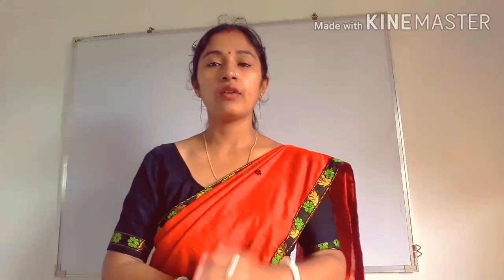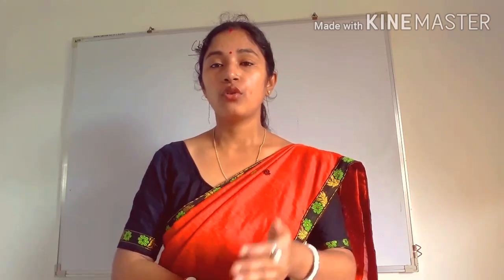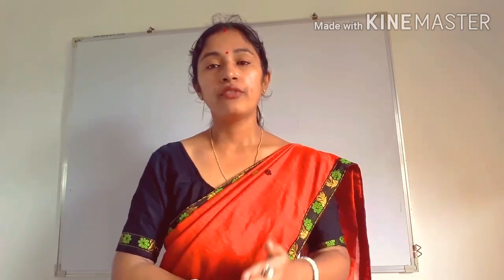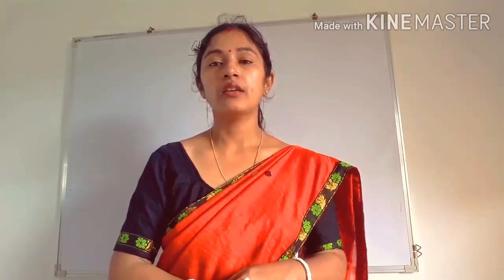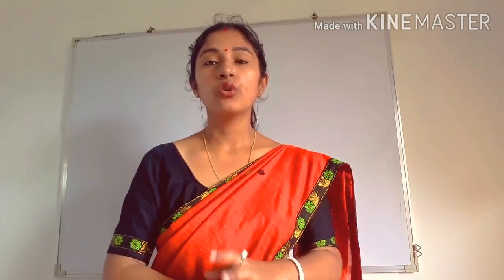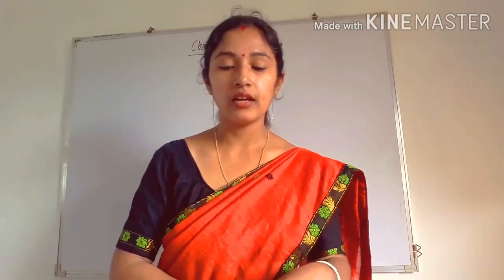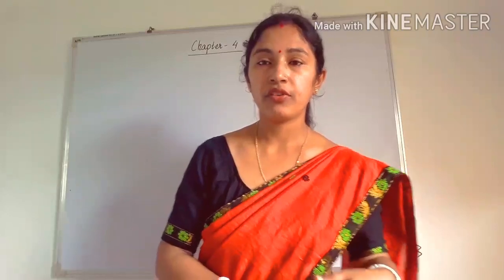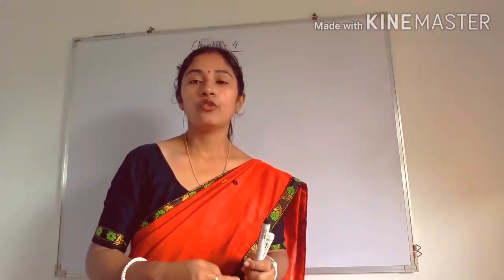So first of all I am going to explain about cubes. So what are cubes? If any number is multiplied with itself 3 times, then that number is called the cube number. Like we have already studied square numbers, like that we can do the cube of any number. So if I want to find a cube number, how can I find? I have to multiply a number with itself 3 times.